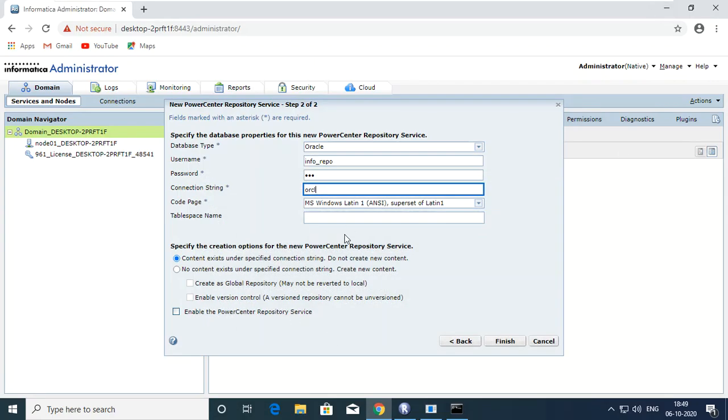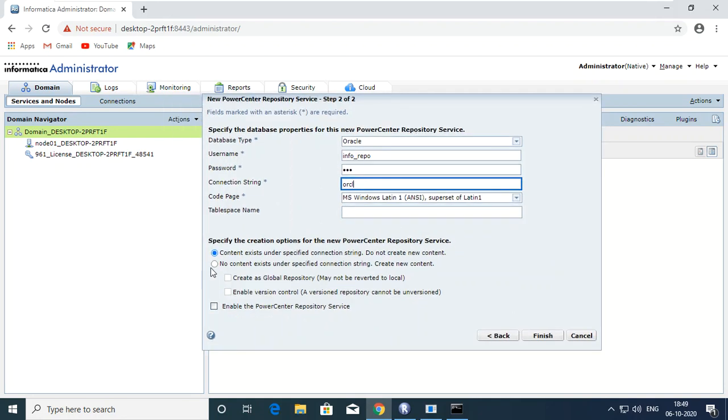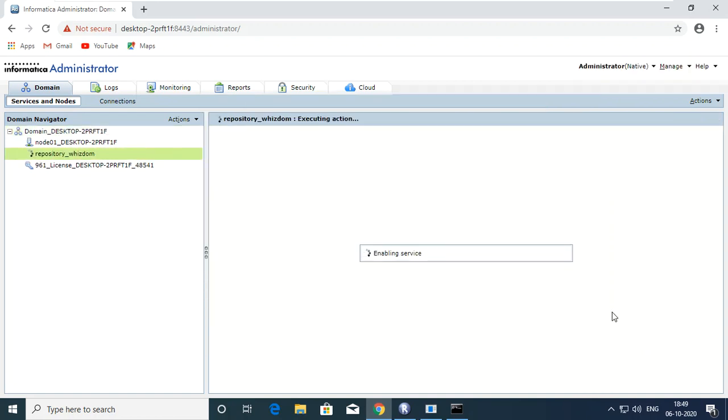Fine. So now the repository service which I want to create is not having any content. So I want to create a global repository and enable all the controls. Fine. And go with finish. It will take a little bit of time to enable all the services and to create the service.